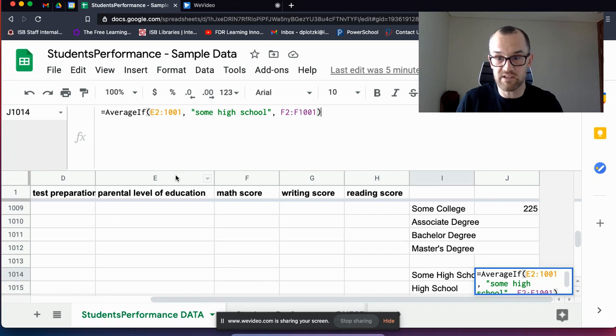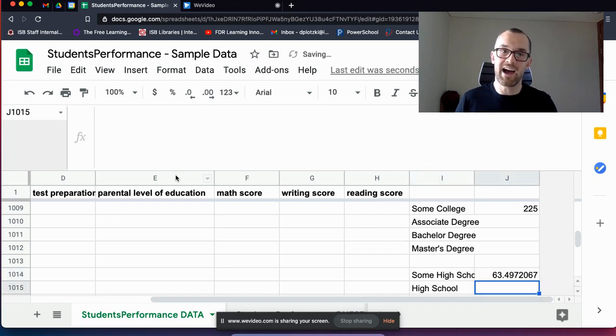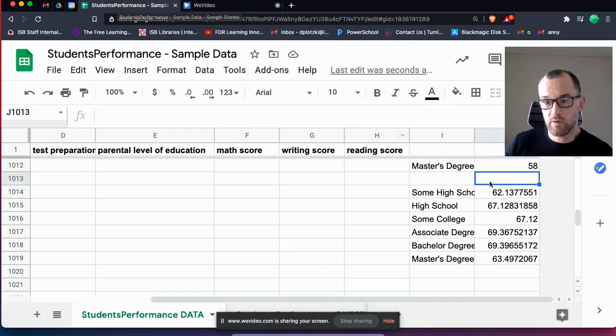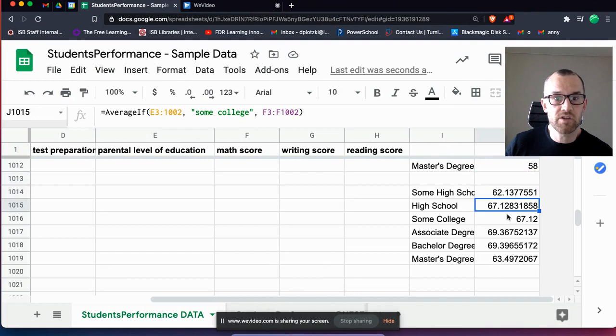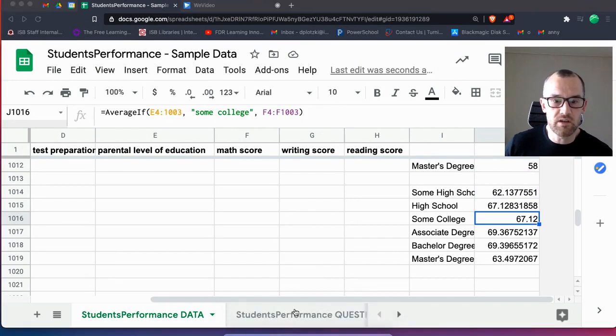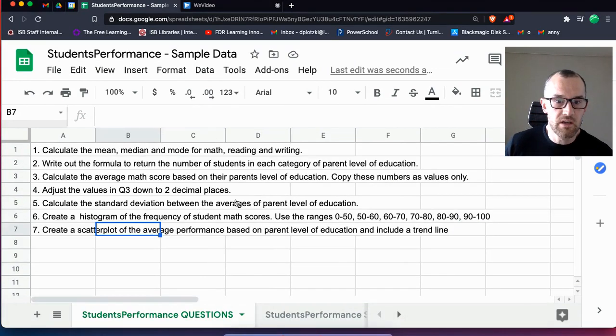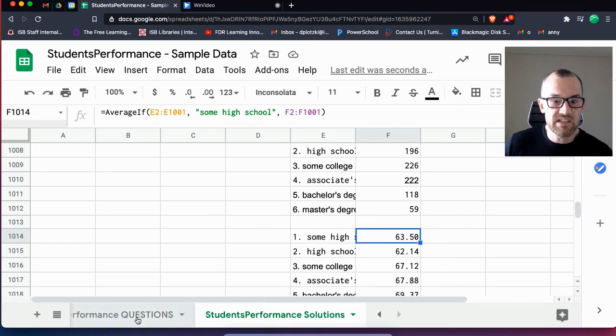F1001. Close parentheses, return. There we have it. Okay, but we're not quite finished. So we've used the AVERAGEIF function to find the averages of the different parental levels of education. But if we jump back to the question, it says that we're actually supposed to copy these numbers as values